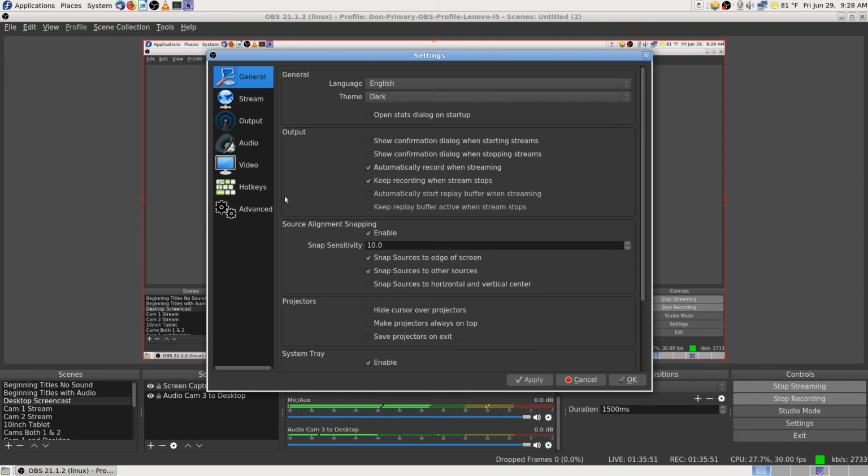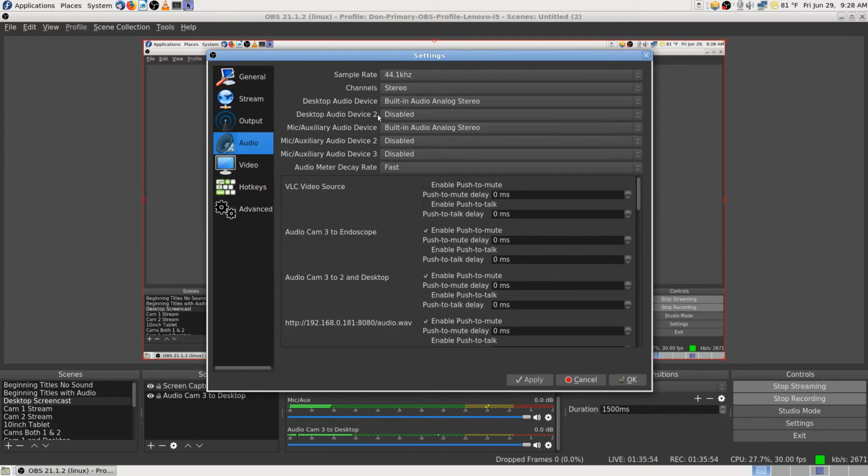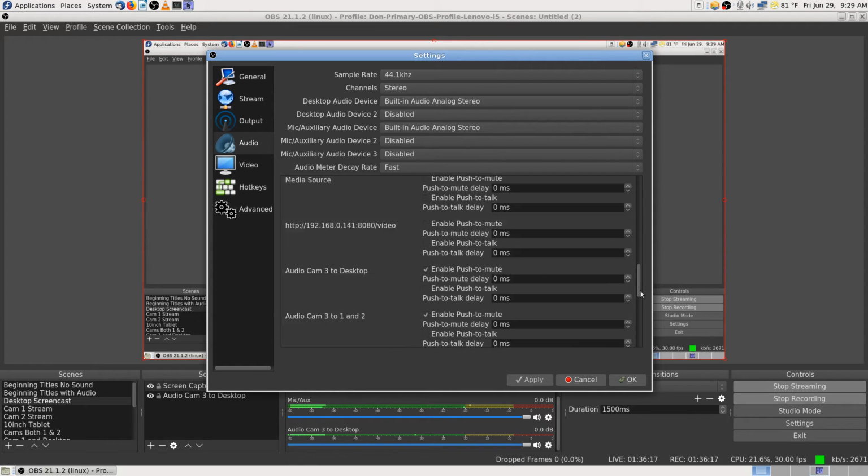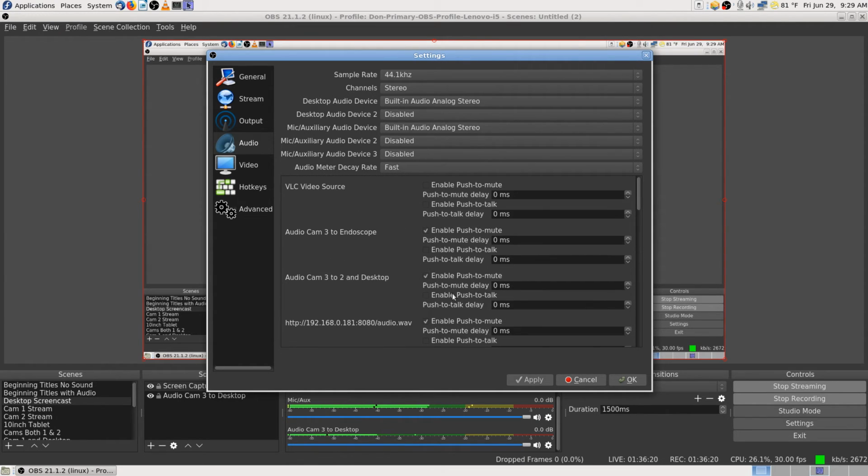What I was thinking is I could go into settings and maybe do the global audio settings. Stereo. See all the extra, like desktop devices on, but desktop audio device too. I don't have these devices. I learned that in the beginning. So it's best to keep those disabled. Audio master decay rate. I guess that's the view. Okay, so there's nothing in there to set. You got to do it right there. But if you have to do it on every channel,